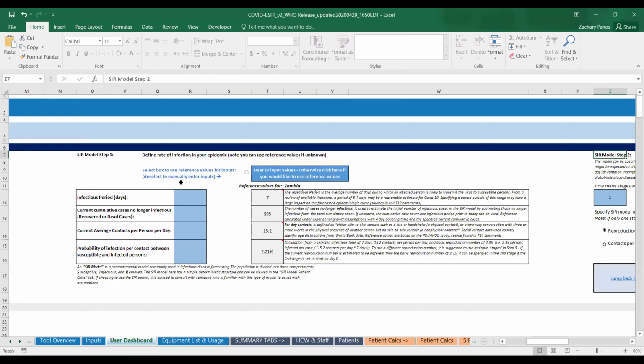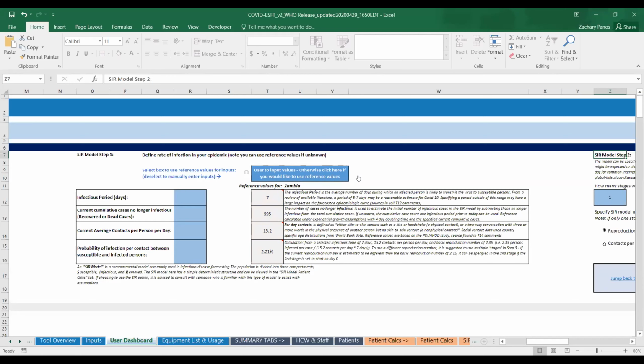First, we have the infectious period in days, and the reference value has been set at 7. And similarly to what you saw Zach describe in the Inputs tab, this section has a set of default values that the user could choose to accept. And you could click on the radio button. And when you do that, this is now the set of default parameters that will be used to drive the SIR model. However, if the user has better, more accurate information for the geography or territory that's being modeled, they could deselect the radio button and interact with any of the cells in column R to modify these transmission parameters.